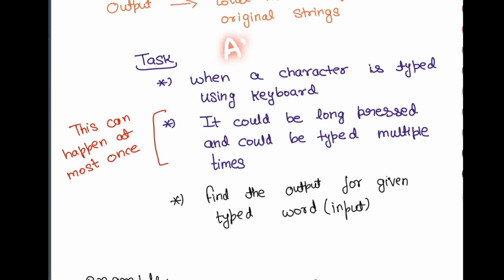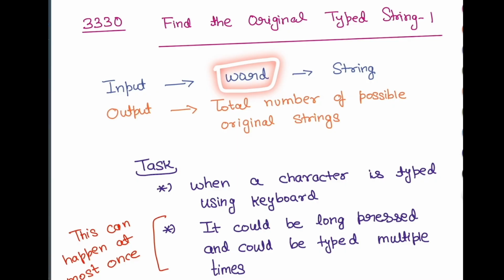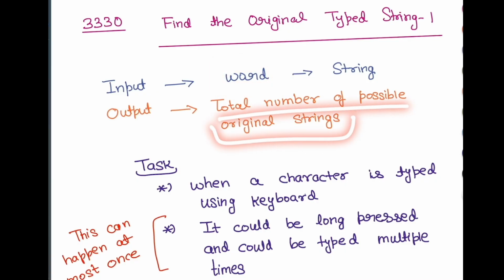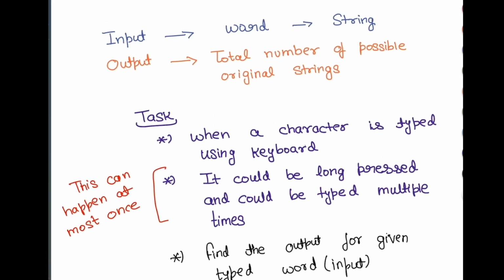Basically the person Alice is trying to type a word, and for this word she needs to type a lot of characters, right? And when a character is being typed using the keyboard, it is possible that it could be long pressed and could be typed multiple times. You are given the word which Alice has typed. You need to find the total number of possible original strings which Alice was actually trying to type. And when I say actually trying to type, I mean what's the actual word which Alice was trying to type if she would not have made any mistake like long pressing. So there are multiple possibilities of that original word or original strings,